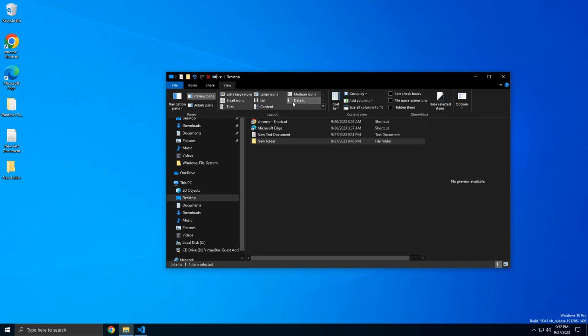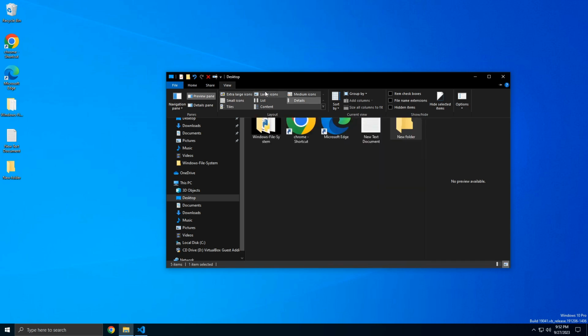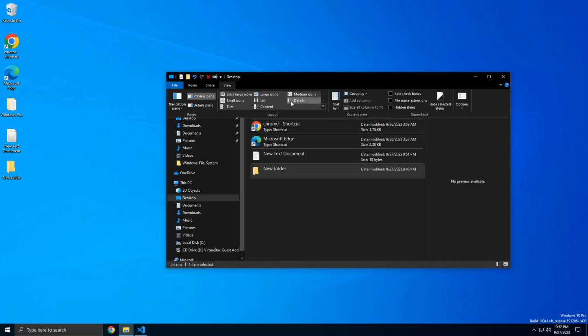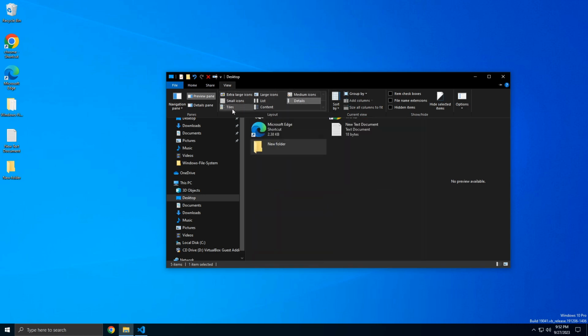Whatever you like. Most people will leave it here at details, but sometimes it's nice, for example, if you're looking at pictures, to have maybe medium to large icons in the folder, as opposed to just a list of the file name. It can be very difficult if they have a bunch of default names. And you can scroll through this if you have more options and that sort of thing, but we'll leave it